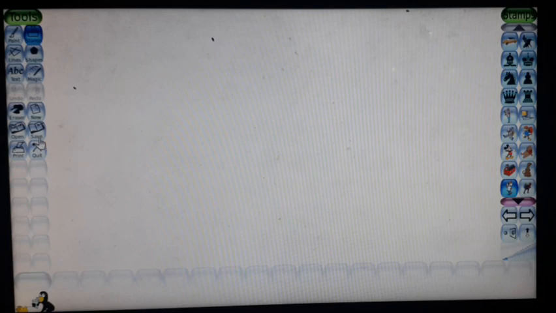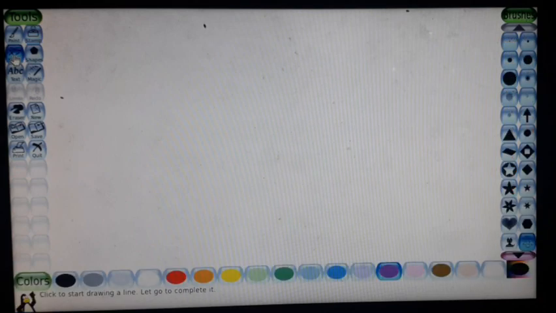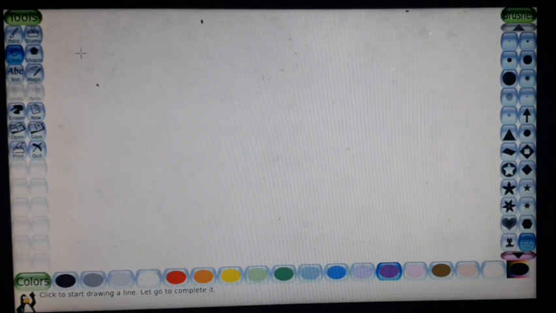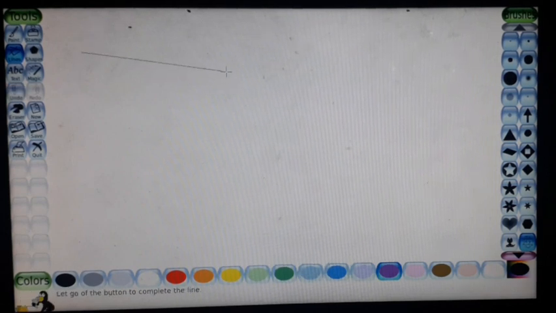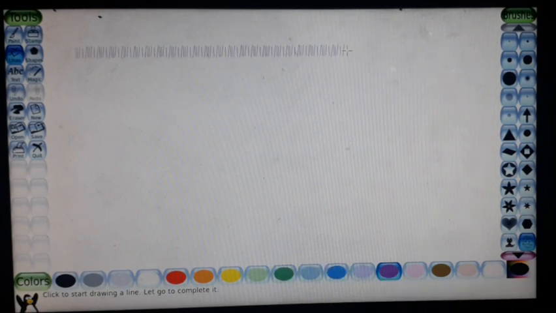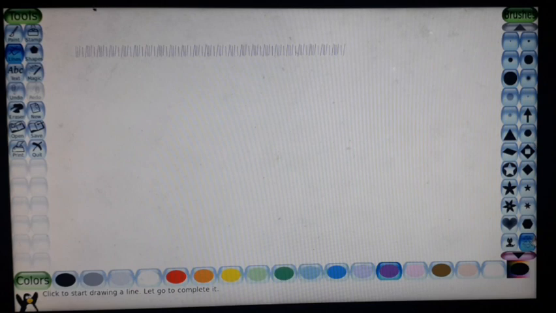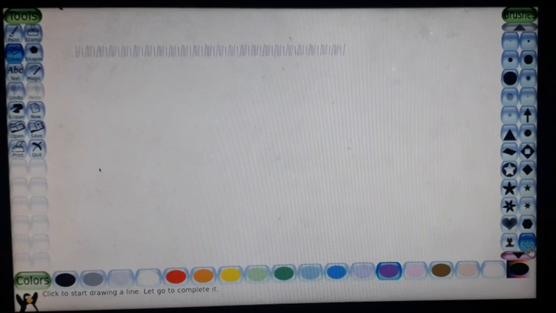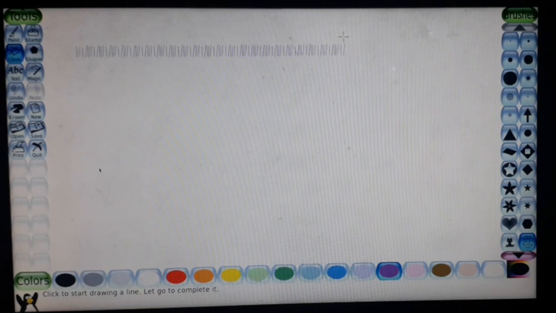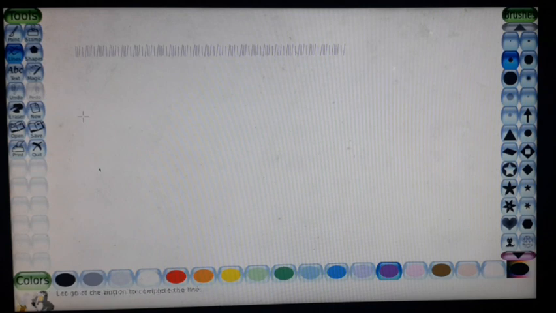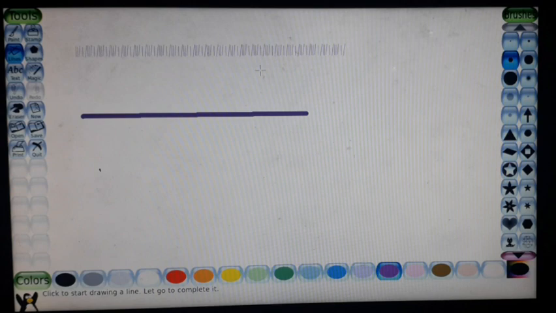Then next one is the line tool. Look here. The line tool is used to draw the line. Do all of you understand what is the use of the line tool? We can select the brush size from the selectors. Here are so many sizes. We can select the size according to our use. Then draw the line. Select different colors from the color plates.